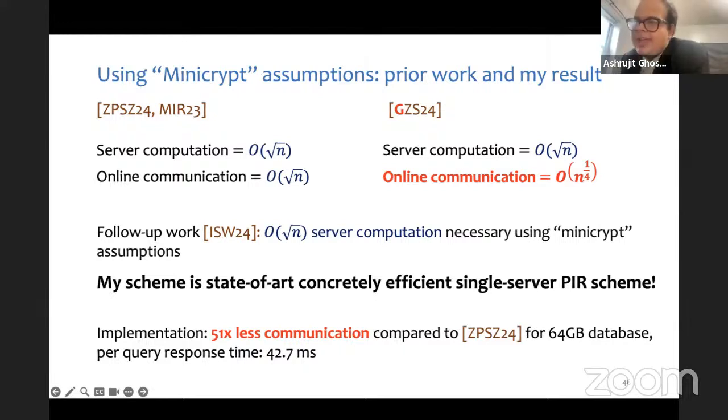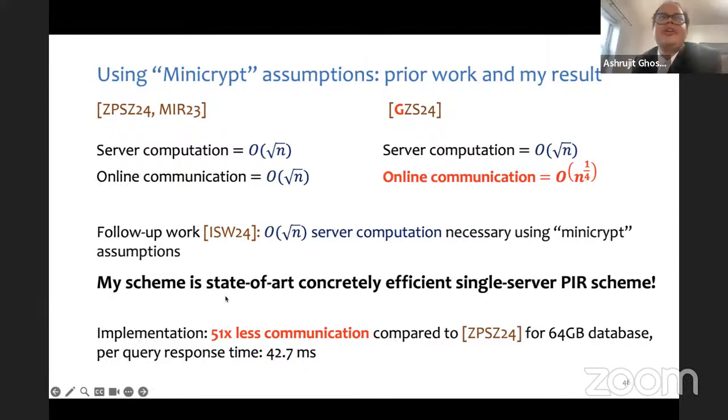No. The pre-processing has to be a linear scan, so it's order n. The pre-processing is order n, but the point is you just need to do it once, and then you're done. What does the query to the server look like in the pre-processing step? Do they actually communicate for order n? Is the entire database transferred, but the client doesn't store the entire database?